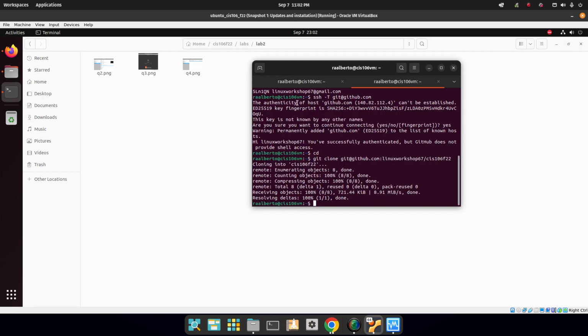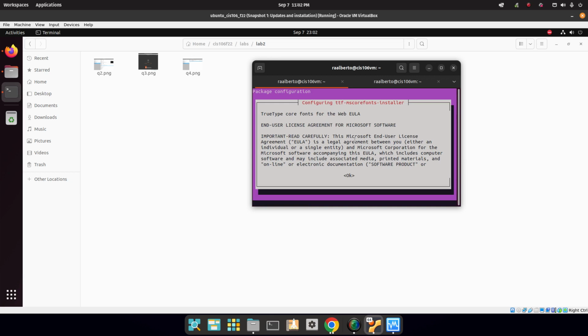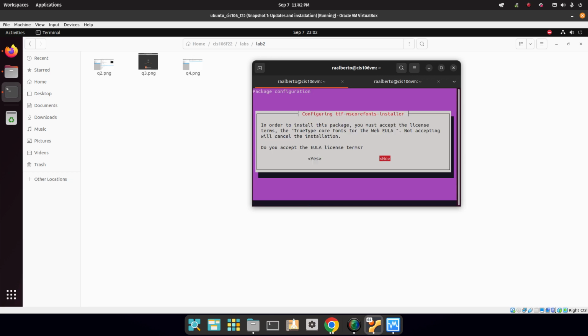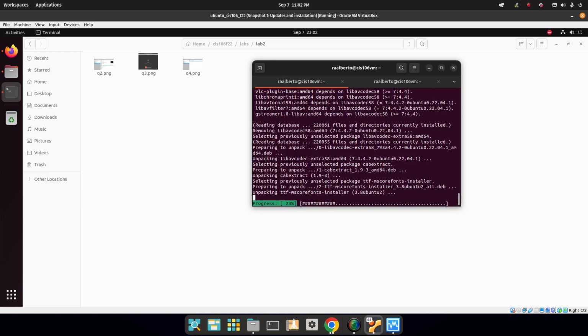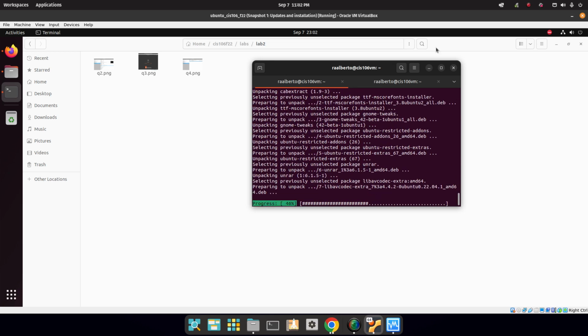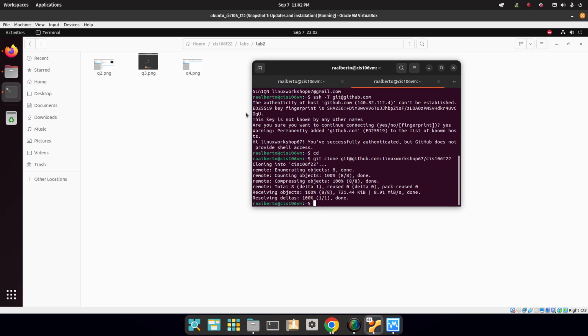Let's see how the installation is going over here. Okay, when you get to this screen, press the tab key on your keyboard and press the space bar, not enter, the space bar. Use the arrow keys to move to yes and press the space bar again. Okay, we are over here. Let's continue working with